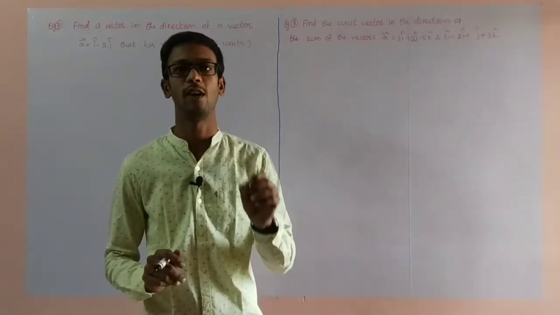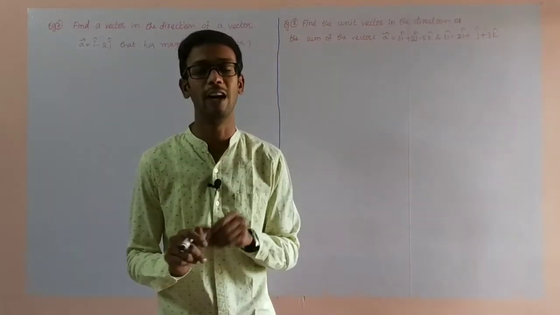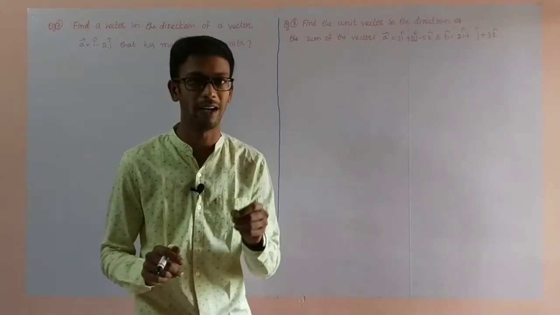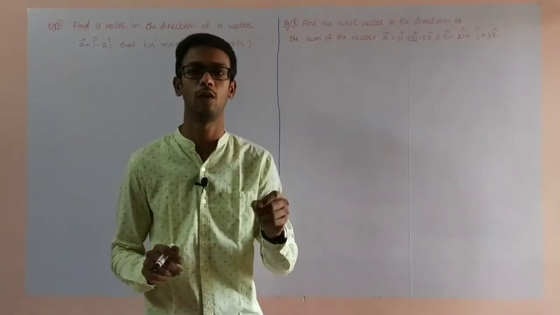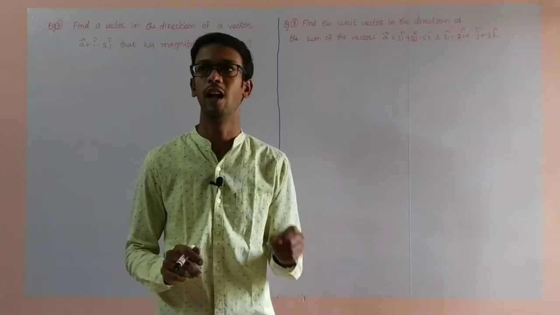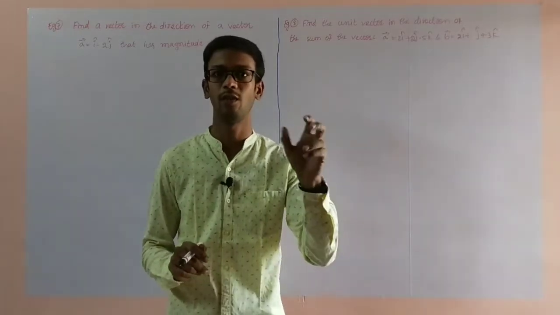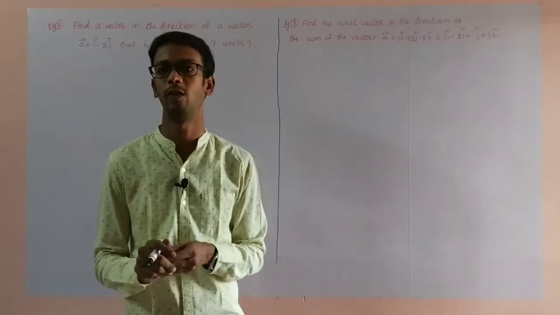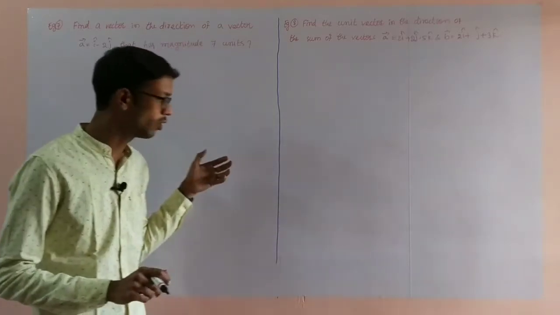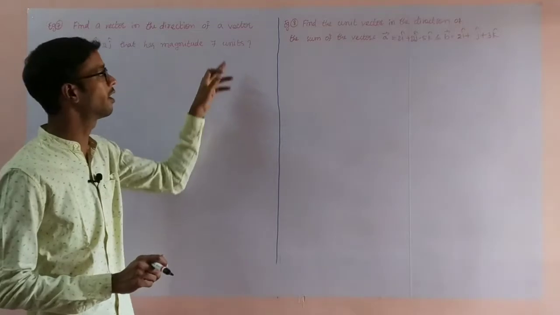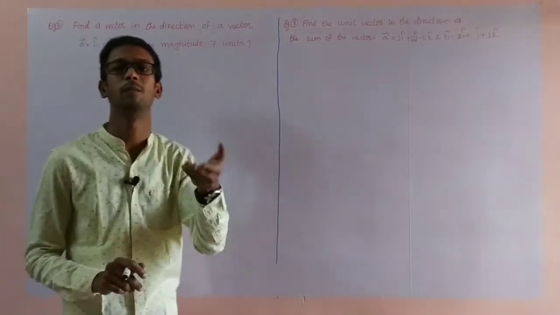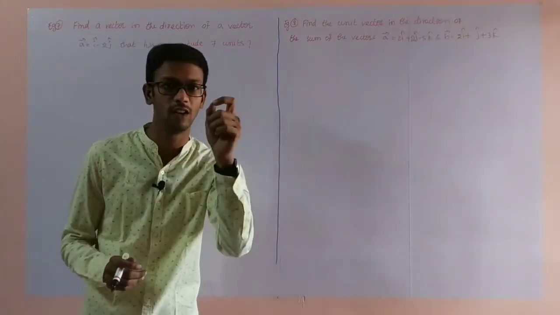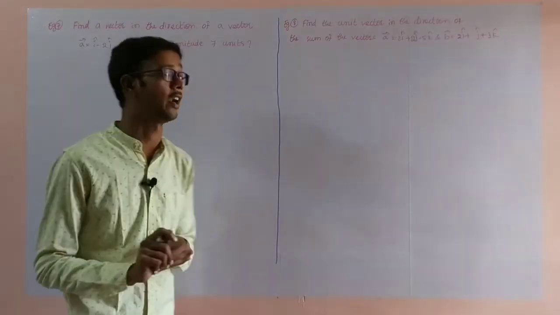For that purpose, first you have to find 1 unit magnitude. That is nothing but first you have to find the unit vector. Why? Because if 1 pen cost is 5 rupees, 5 pens cost is how much? 5 fives are 25. So the 1 unit magnitude vector we will find first. After that, for 7 units, multiply with 7.